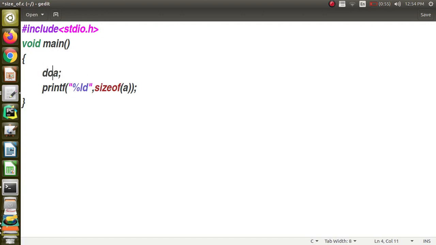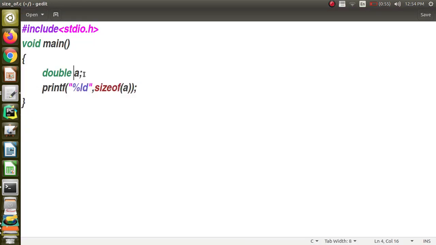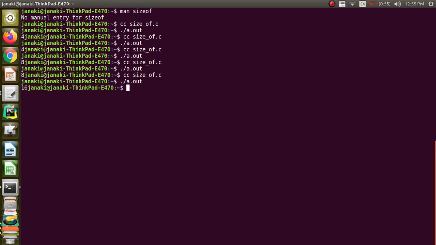Similarly, when you have bigger values for the decimal part, float can hold only some smaller values. Data type is very important in C language. Based on the value range of the variable, we have to choose the appropriate data type. So if I want to store bigger values with decimal parts, I have to go for double. Double will be allocated 8 bytes. You can also have a long double, for which you will be allocated 16 bytes.